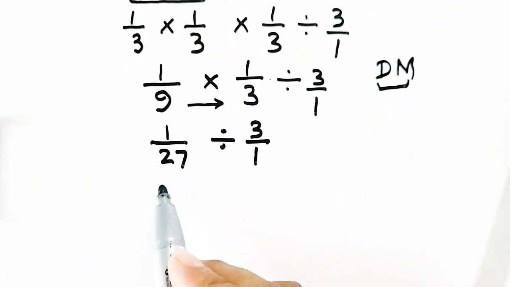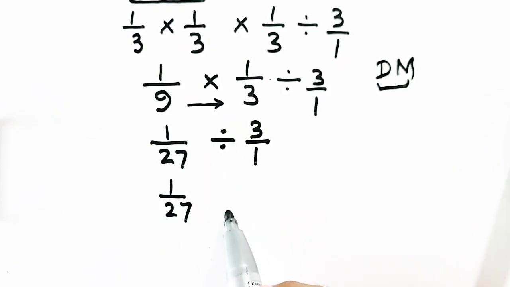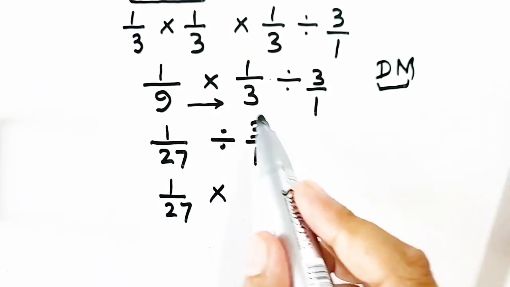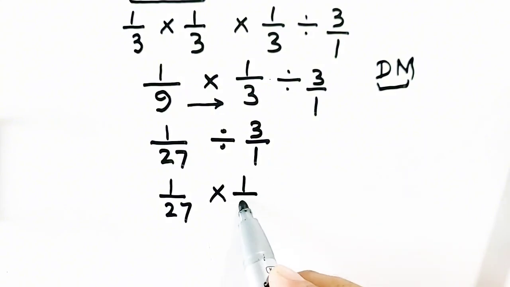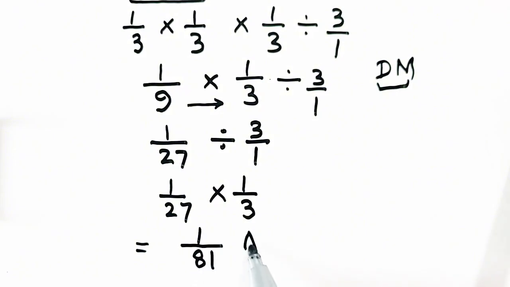KCF means 1/27 is kept as it is, divide is changed into multiplication, and flip the 3, which will become 1/3. Hence 1 times 1 is equal to 1, and 27 times 3 it will be 81. Hence 1 divided by 81 will be